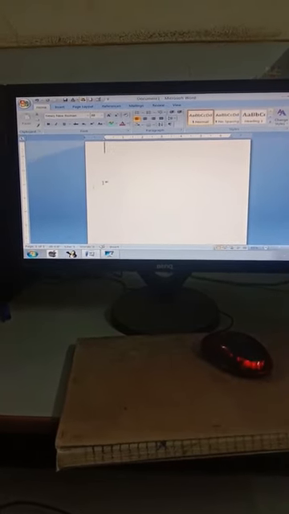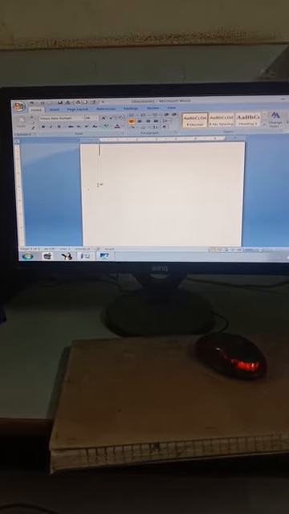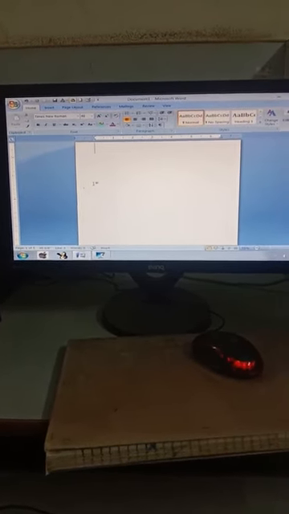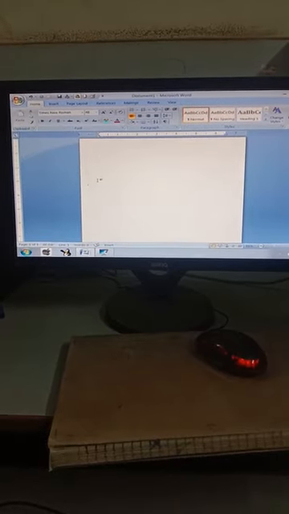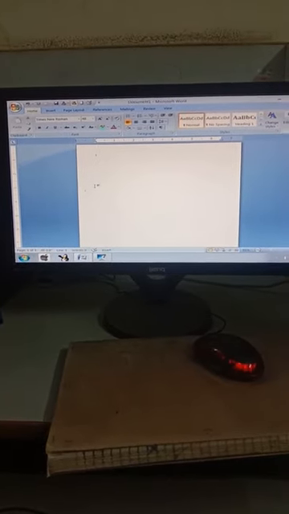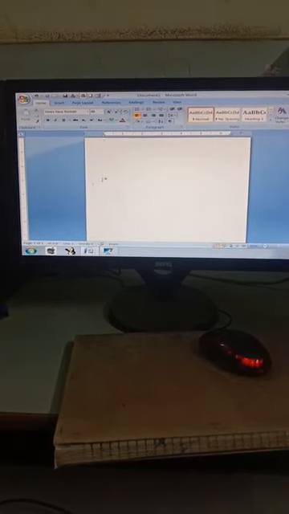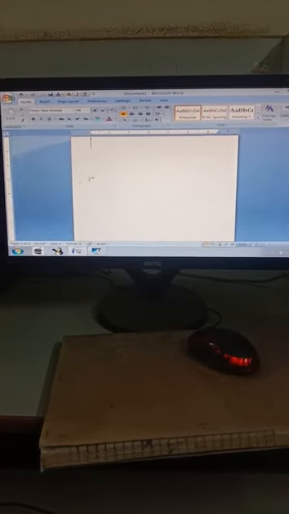So we can say track changes is a toggle button. What is the meaning of toggle button? Toggle button means once when clicked they become on, and another time when they are clicked they become off. So let us see how to apply the track changes.